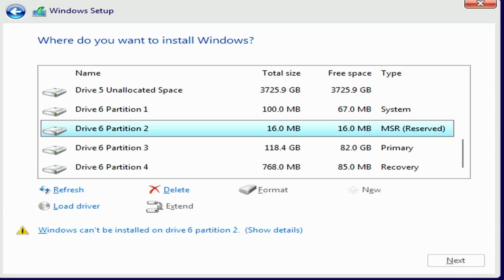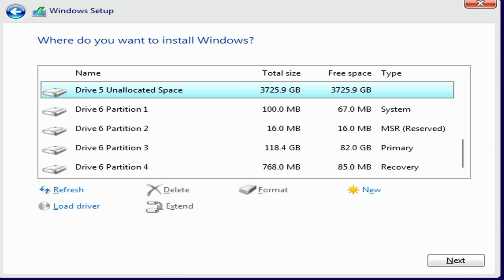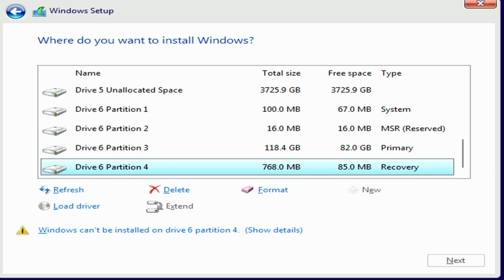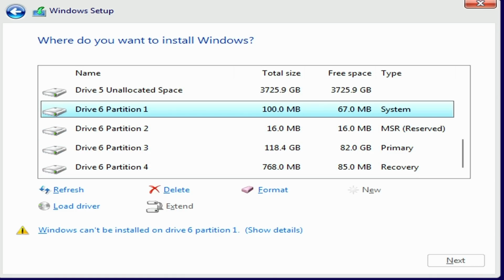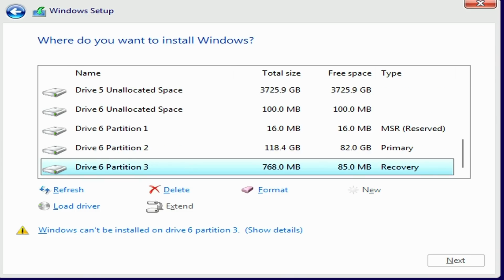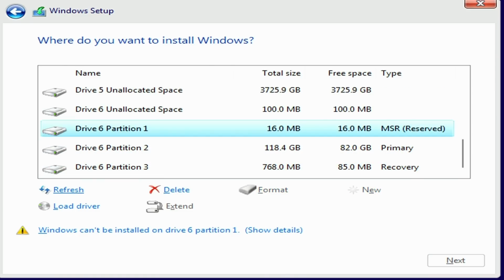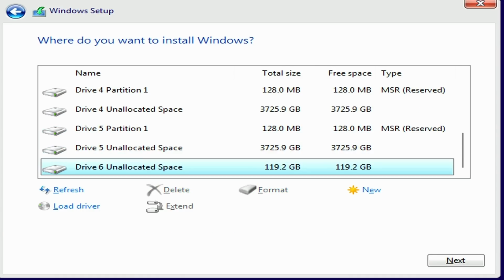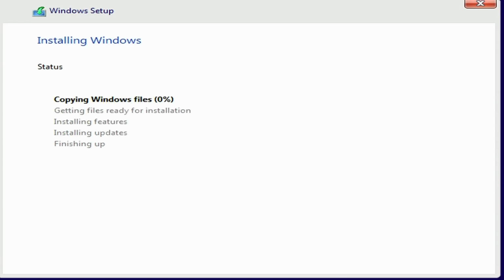And the drive I'm actually going to want to install Windows on is this one right here, drive 6. I know this because it's a pretty small 128 gigabyte NVMe SSD. For sure, install Windows on an NVMe SSD or another SSD, as installing really anything on a hard drive kind of sucks. So when you know the drive you want to install it on, all you do is go ahead and delete all the partitions. So I'm going to tab, delete, okay, and then we go all the way down again, and then we just repeat the process. So down, delete, okay, until the entire drive is unallocated. And then you'll see drive 6 is completely empty, so all we do is go ahead and hit next. And it should begin the installation process.